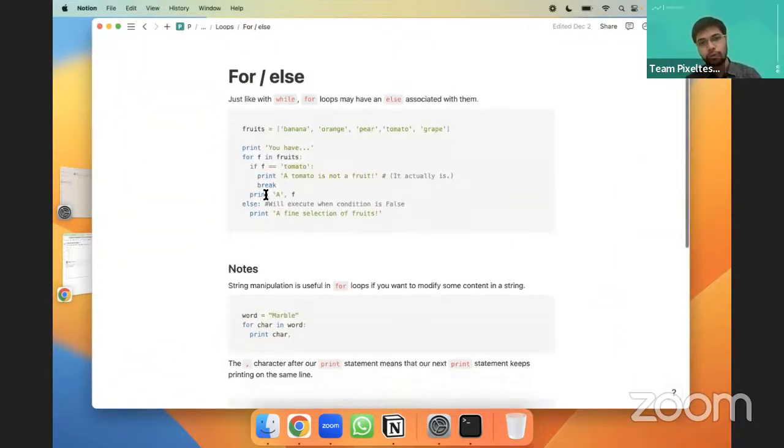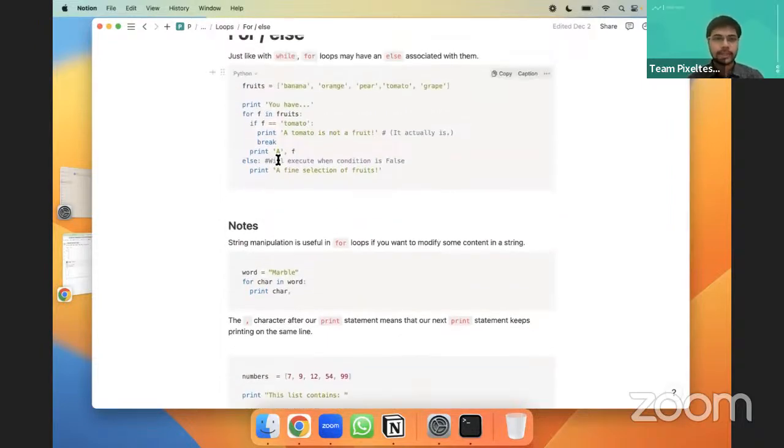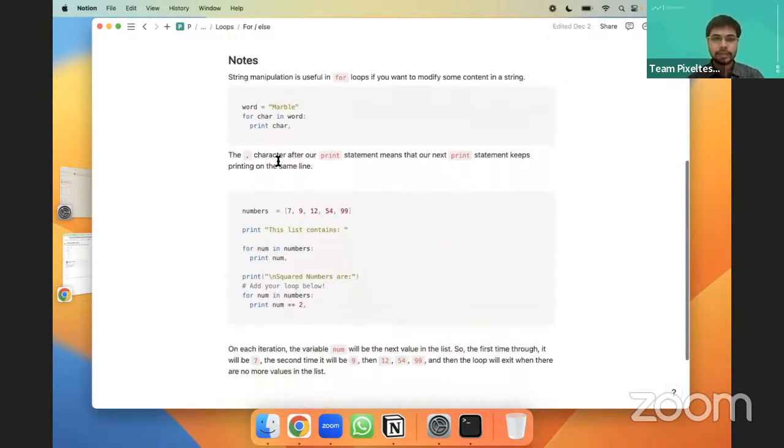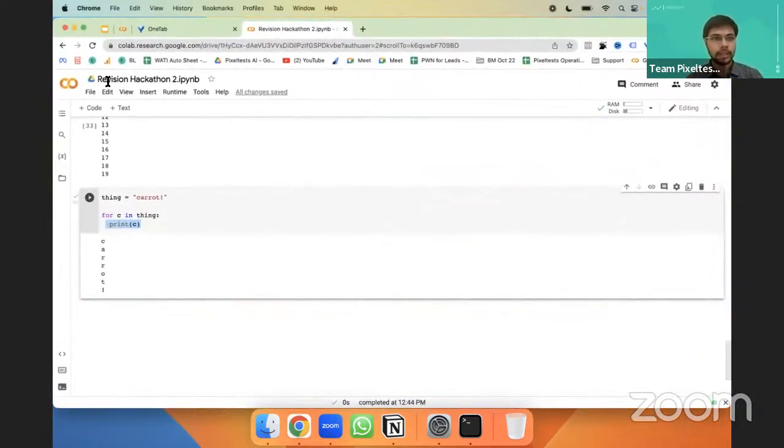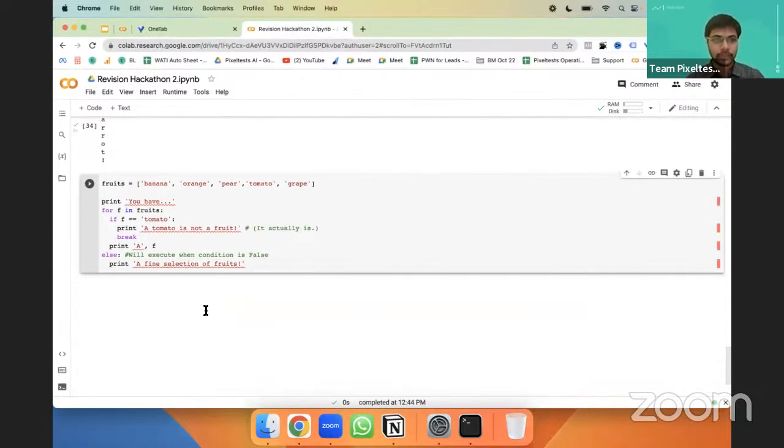Even with for, you can go ahead and use else. Similarly, it runs whenever the for condition is false, or if you use a break statement. In this example, there is a list of fruits, banana till grape.